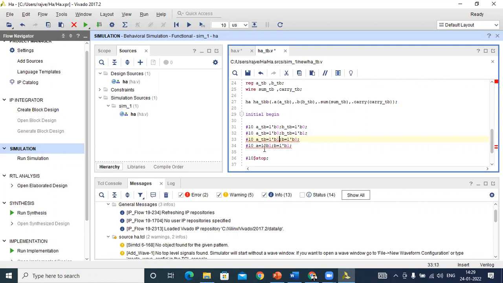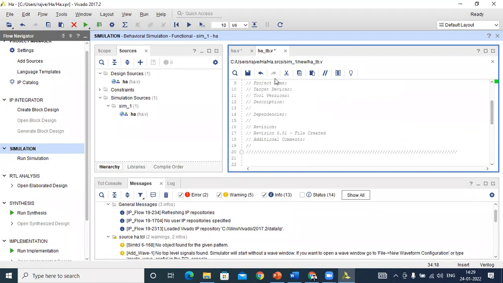This is not A, this is TB A. This is A TB. Okay, now it is okay. After that, save this test bench.